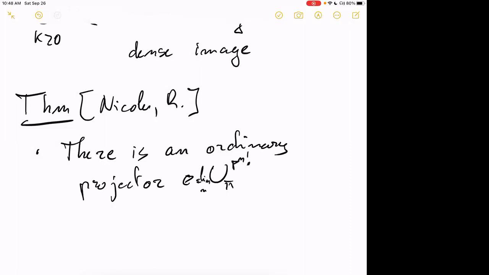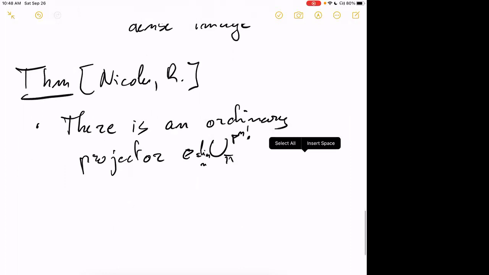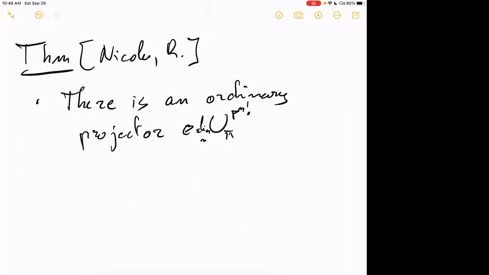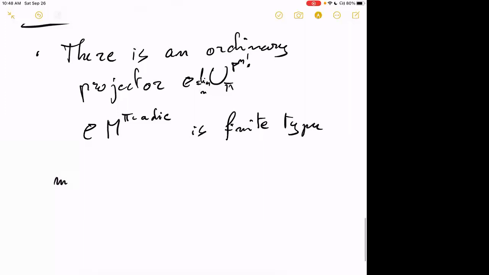So I take the Hecke operator at pi, and I iterate it many times. This iteration makes sense on my space of p-adic modular forms. And what is the property of this operator? If I take e M pi-adic, it is a finite rank, finite type module